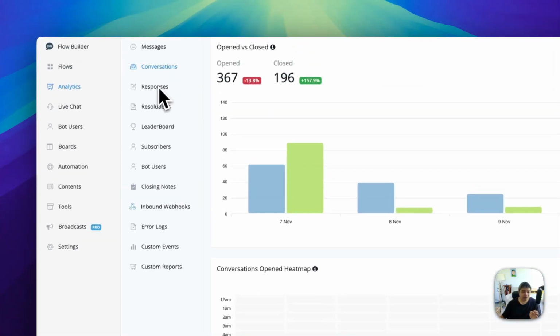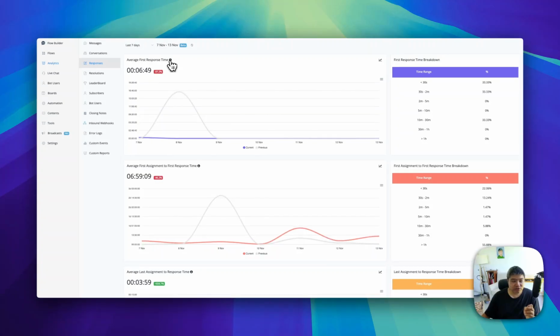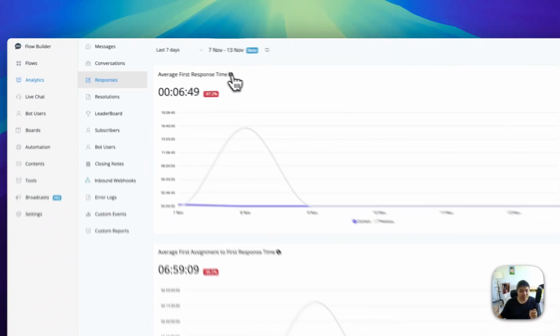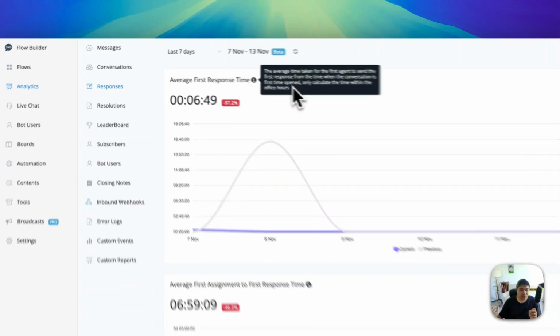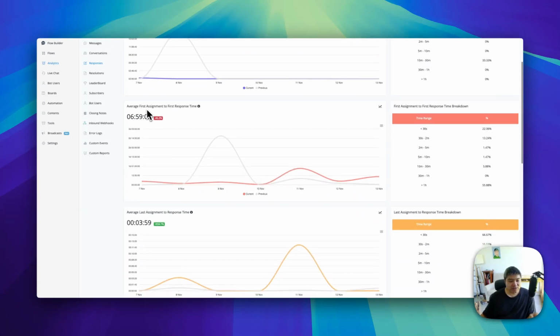You will see conversations. And in the response, its response is you can see the average first response time. And this is when the conversation is first opened to the first response sent back to the user. Okay. And also, we have the first assignment to first response time. So basically that is when that conversation is first assigned to the agent until the first response from the